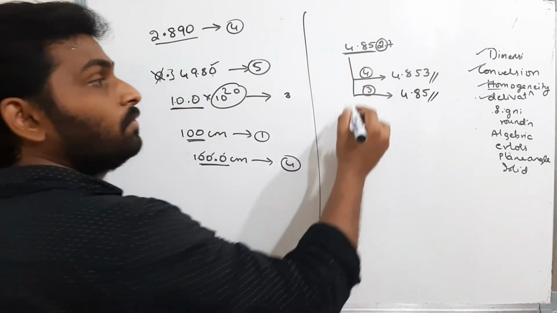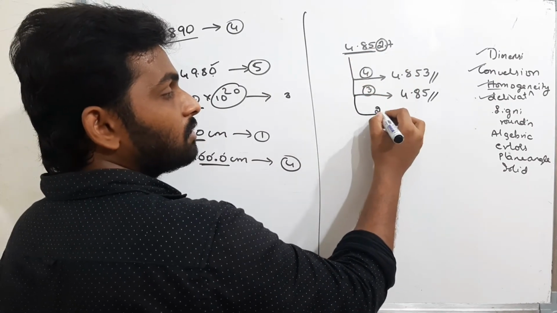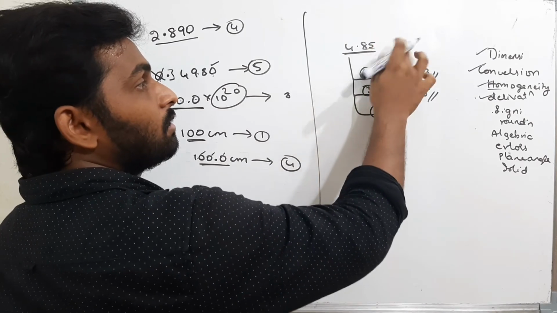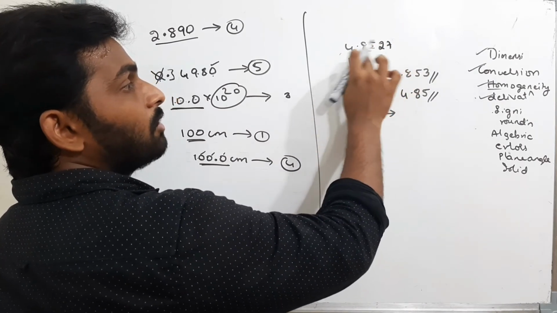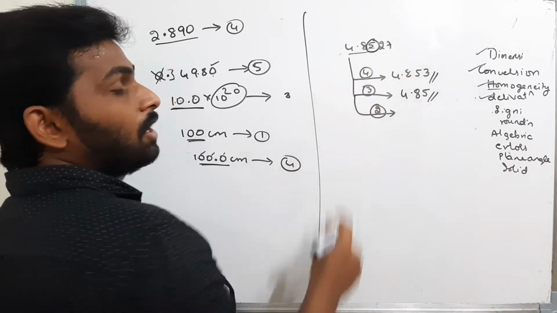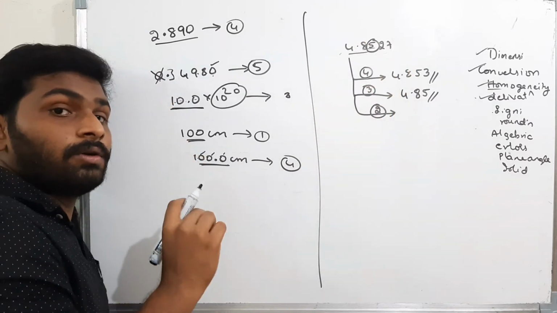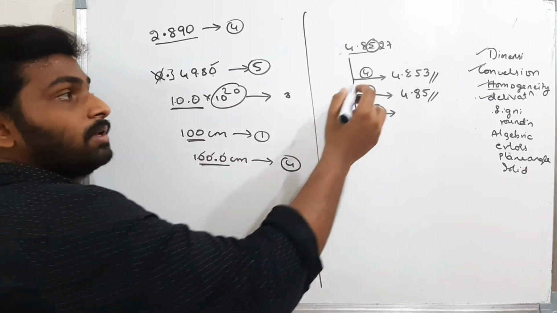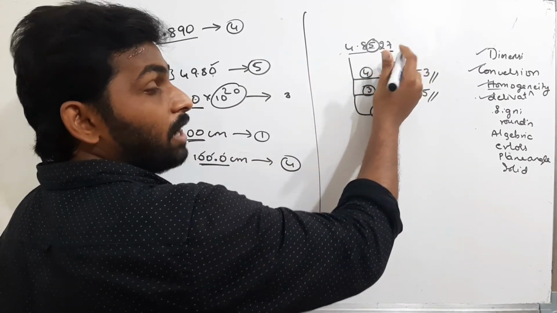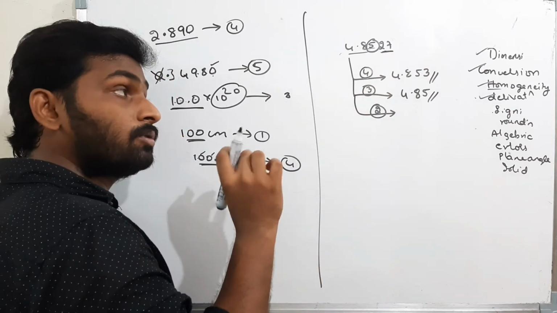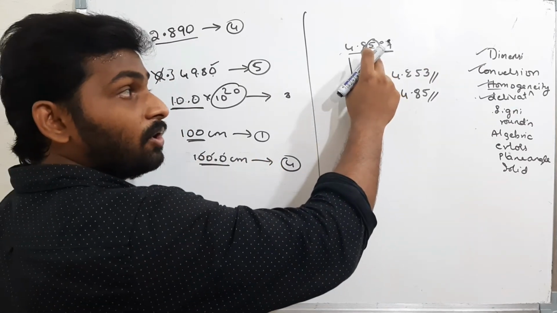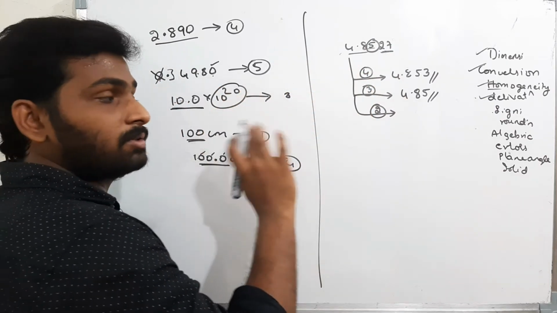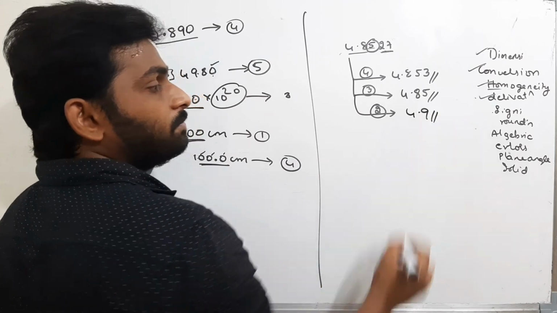Now, they told us to round off this value to 2 significant figures. 2 significant figures means 4.8 will have to be kept, and I have to round off 5. There are 2 conditions when it is equal to 5: when it is followed by any number or not followed. Here, it is followed by 27. That means it is followed by some digit. If it is followed by some digit, then you should add plus 1. Therefore, 4.9 is the answer.